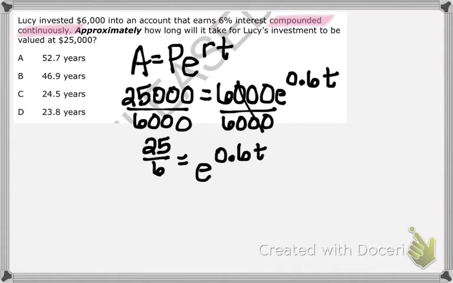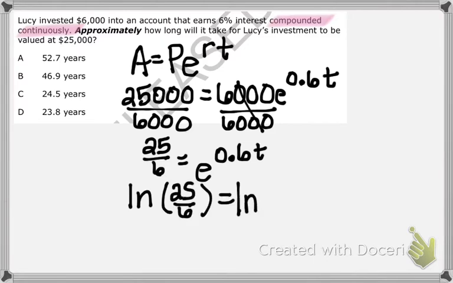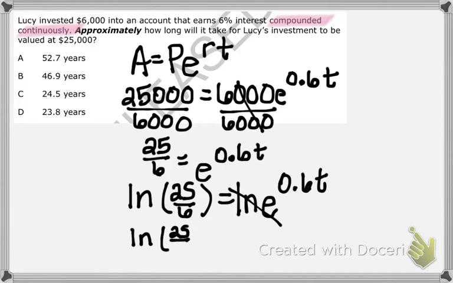So since it's the natural exponent, we're going to go ahead and use the natural log. So we're going to use ln of 25 over 6, the ln of e raised to 0.6 raised to t. So those should cancel. And that leaves me the ln of 25 over 6 equals 0.6 raised to t. And then you would simply divide by